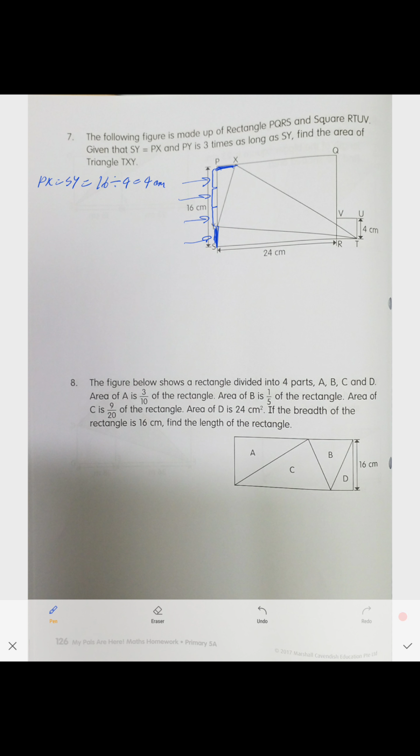So what is PY then? What is PY? Like this thing. PY is 3 units. Or we can just say PY is 16 minus 4, 12 centimeters. Okay, so we got our things. We got how much is this, this, and this. What do we do next? We can find